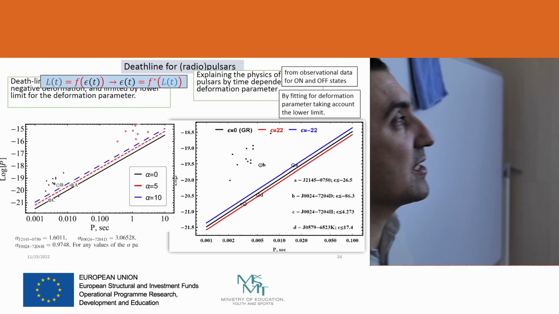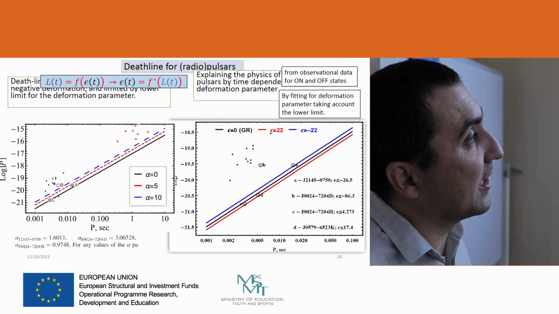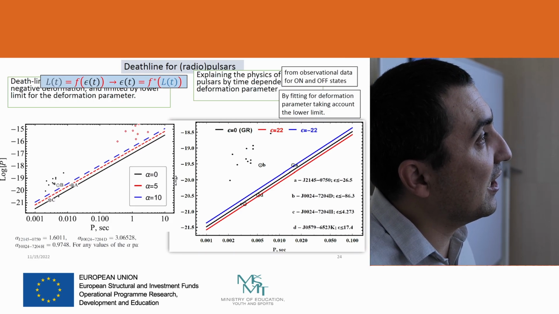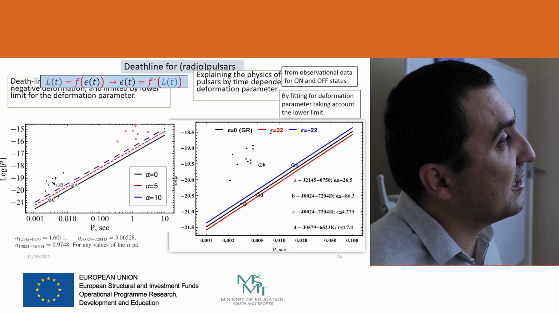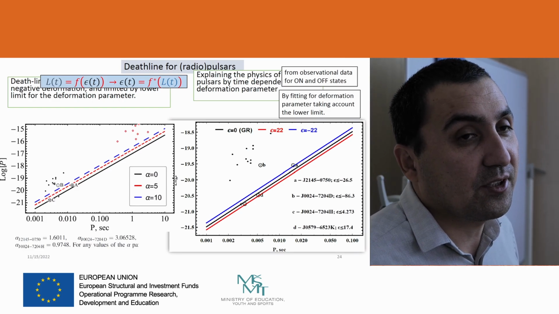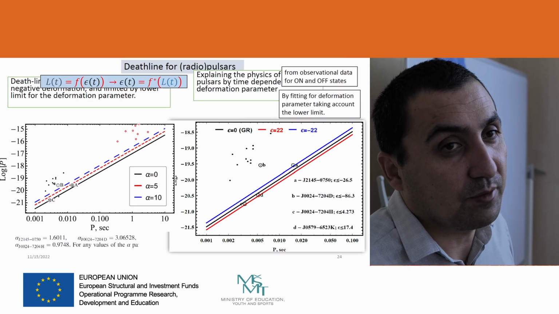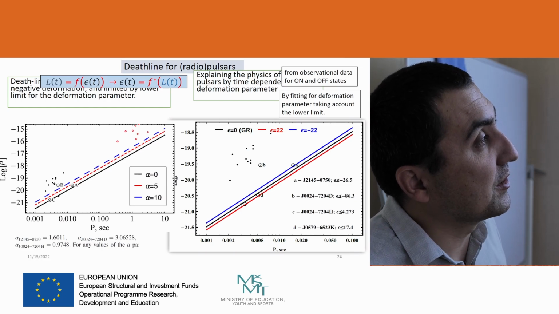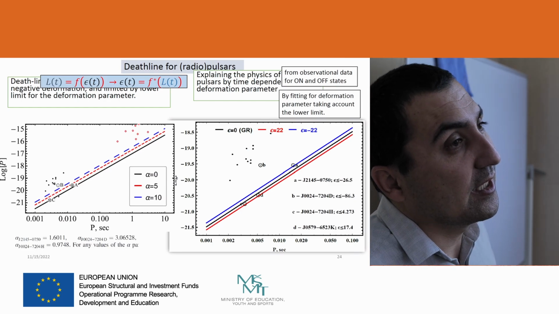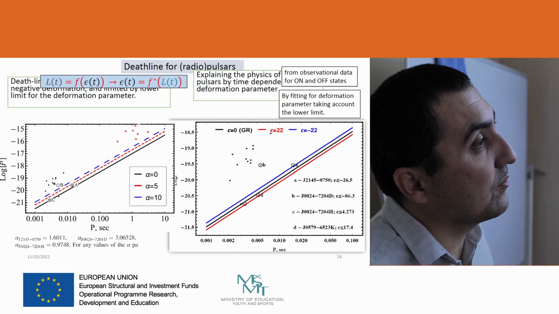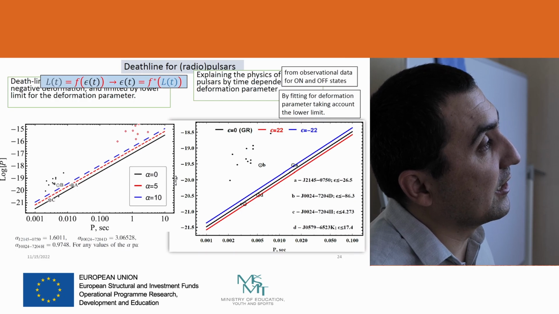So what is the line? If a pulsar position lies under the line, this pulsar cannot be visible. So it can disappear from observations. So we can observe only